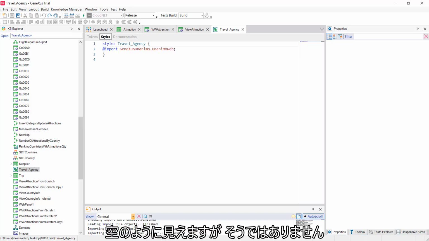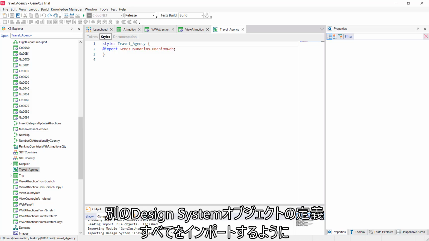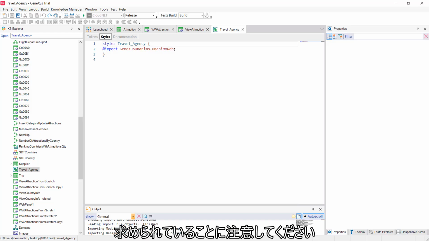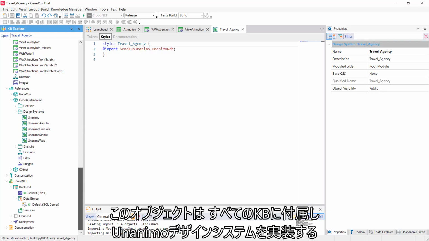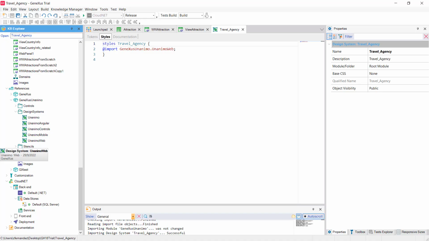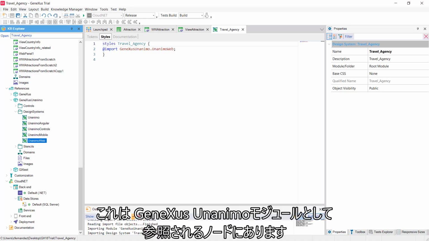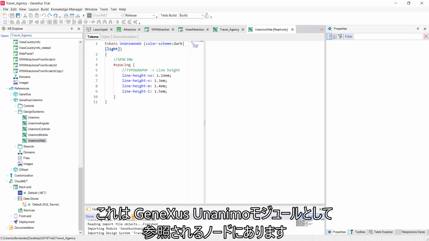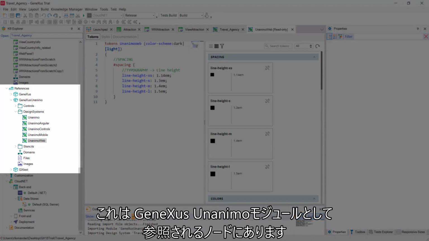It seems to be empty, but it's not. Note that it's asking to import everything that comes from this other design system object, which is one of the design system objects that come with every KB and that implement the Unanimo design system. It can be found in the GeneXus Unanimo module, under the References node.